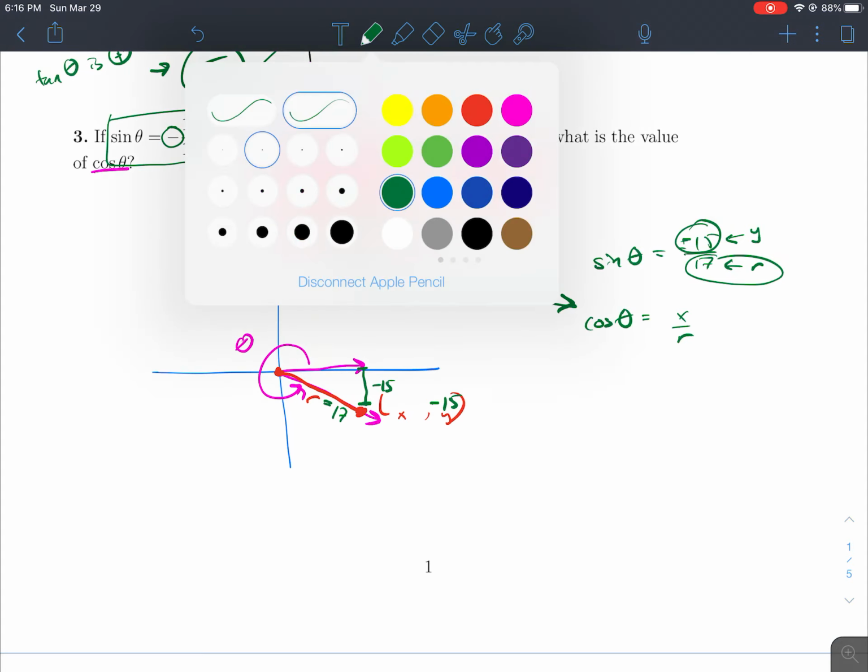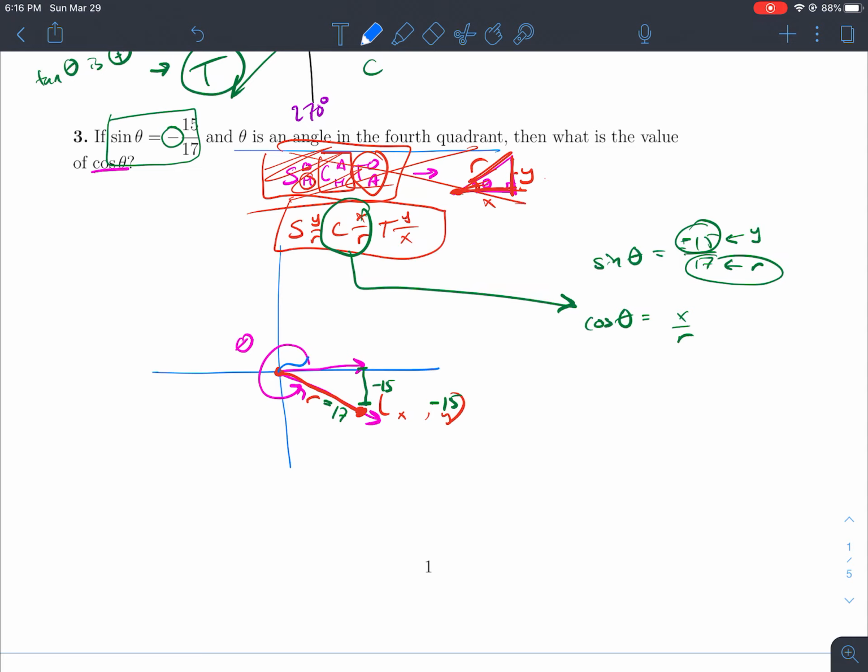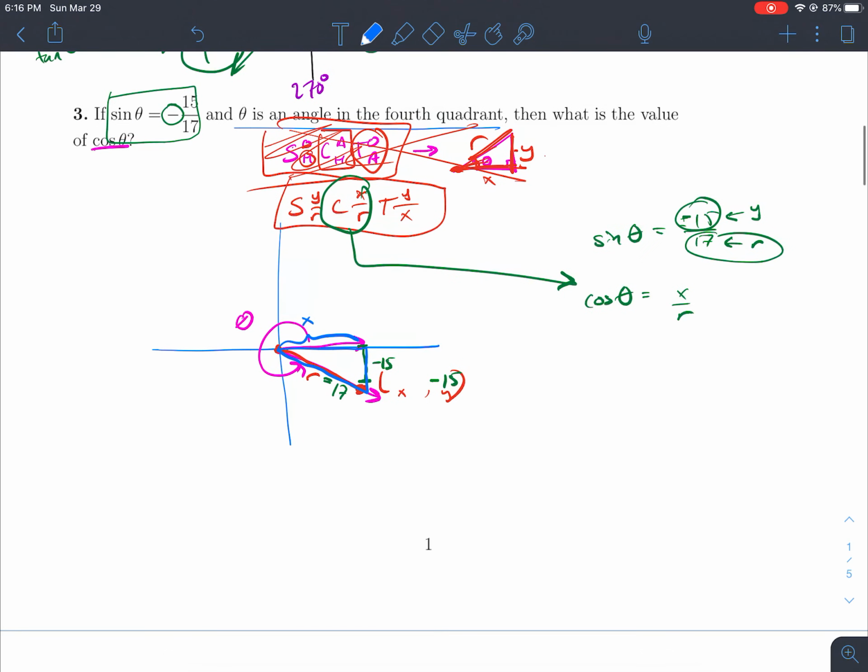Now we have a bit of a problem here. We're missing our x-coordinate. So in order to find our x-coordinate, we need to use the Pythagorean theorem because this actually has a mini right triangle in it. So if we plug in a squared plus b squared equals c squared, substituting in gives us x squared plus,